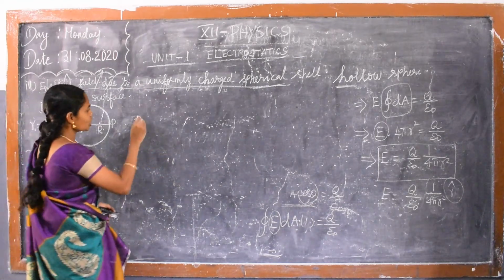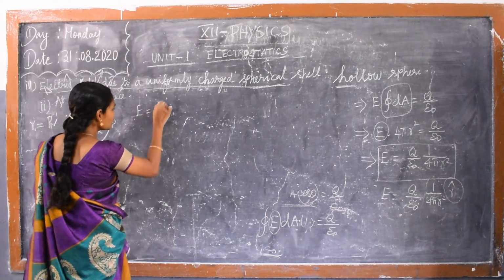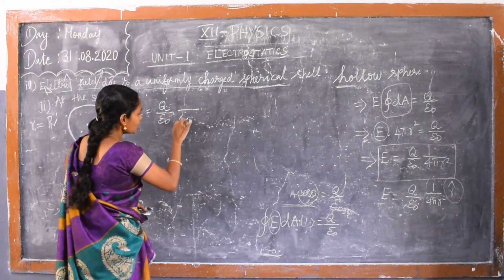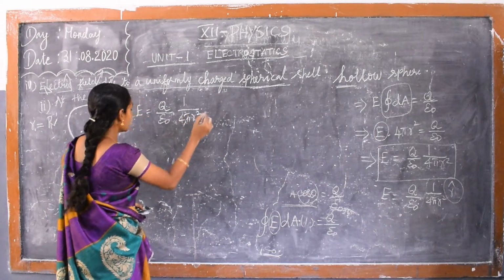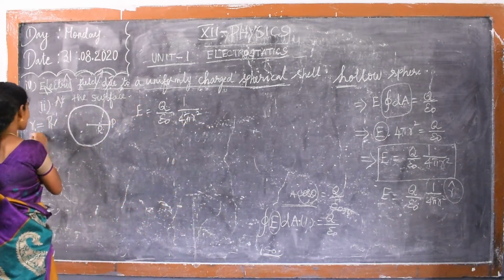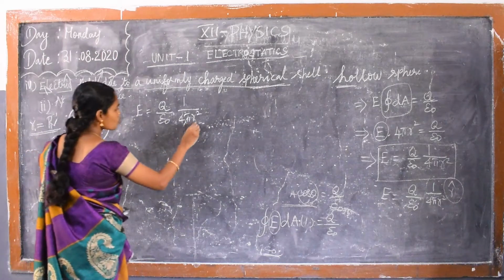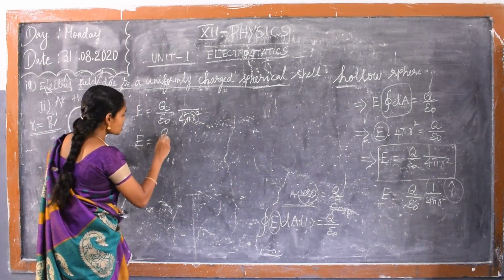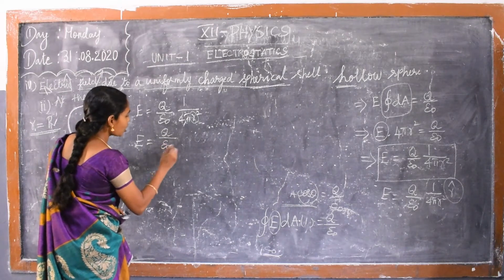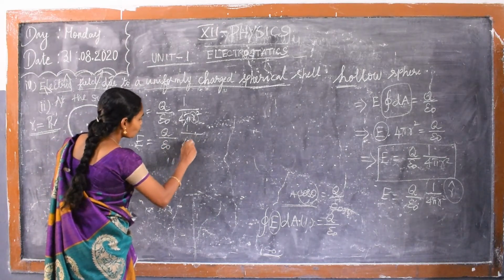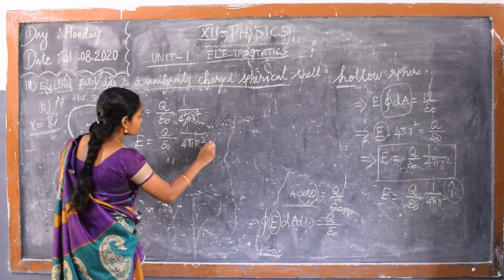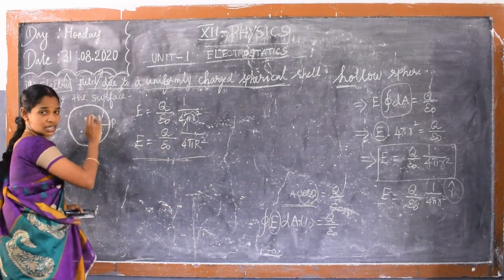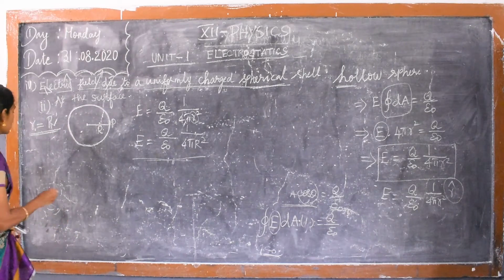So the last equation: E is equal to Q by epsilon naught 1 divided by 4 pi r square. So the distances are same. So instead of small r we put capital R. That is E is equal to Q by epsilon naught 1 divided by 4 pi R square. This is the electric field at the surface of the shell. So third case,